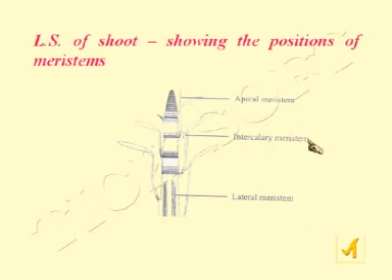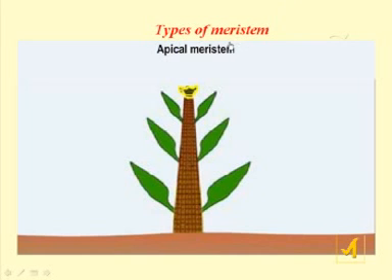And the intercalary meristem in between, which increases the internode elongation. So intercalary meristems are present in between the apical and lateral meristem, and finally the lateral meristem is present. As pointed out here, the lateral meristem is present. Vascular cambium is an example. Types of meristem. Basically, plant anatomy is the study of the internal structures and organization of plants, especially of